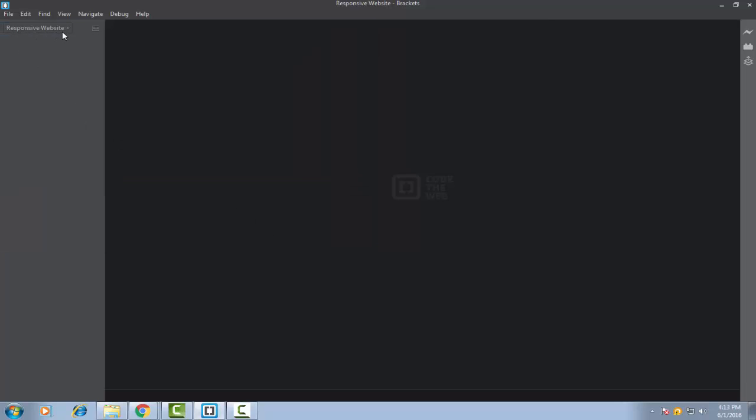This folder will come up over here, and then you need to right click in this area, select New File, and give it a proper name: index.html. .html is the extension of an HTML web page, so you must put it right here after the name of your web page. I have chosen index as the name of the web page because index is the root file of any website. That's why I have chosen the name index.html.